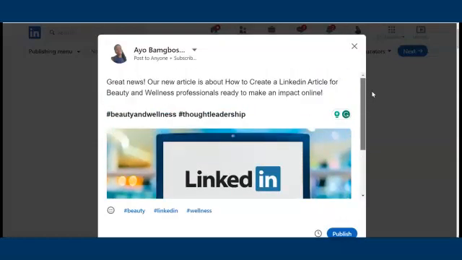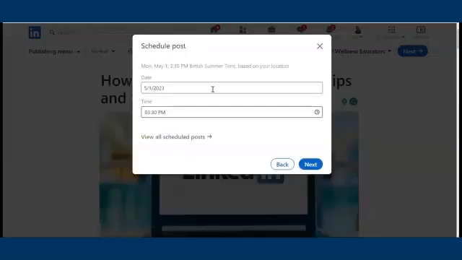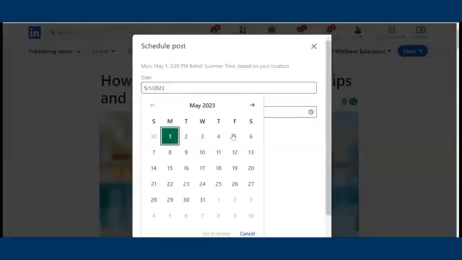And then once you're happy with that, if you want to publish it, you can click publish. If you want to schedule it, you can click this timer. If you hover over it, it just says schedule for later. So if you click on that, now you can schedule it for later. I've already got some articles scheduled to come out, but let's say if I go across here, I want to schedule it for sometime in June. I'm going to click on that.